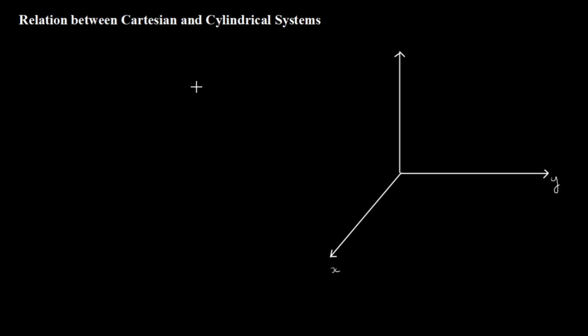For finding the relation between Cartesian and cylindrical system, again we will be taking Cartesian coordinate system as the reference. Then I will be representing or visualizing cylindrical coordinate system over this Cartesian coordinate system. So, this is the xy plane and I have somewhere point P. I am just dropping a perpendicular from that point P to meet this. So, we will be using just geometrical relations to find the relation between Cartesian and cylindrical system.